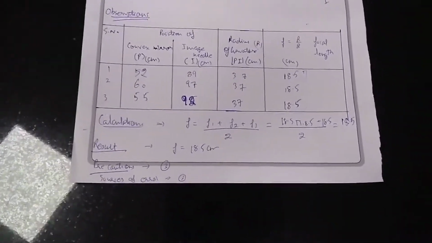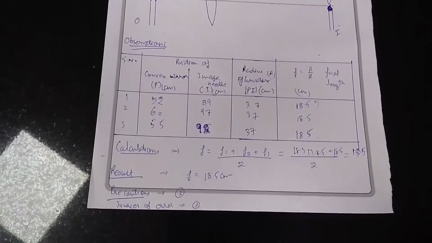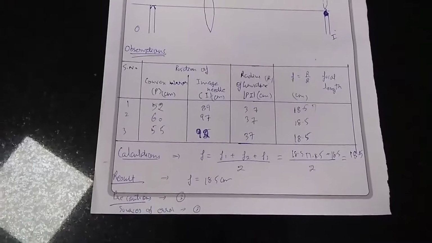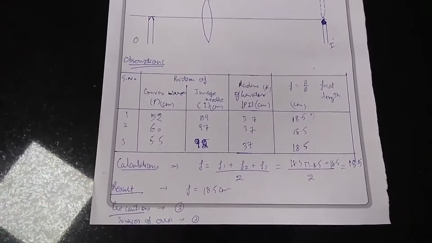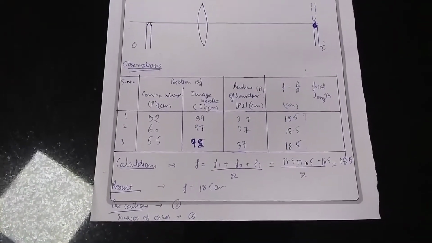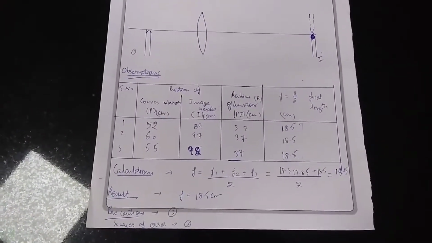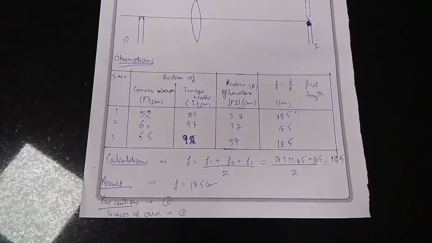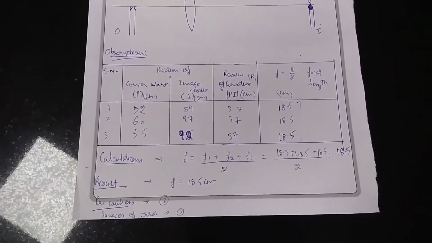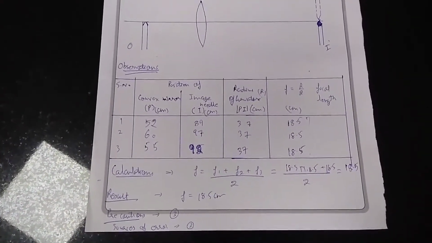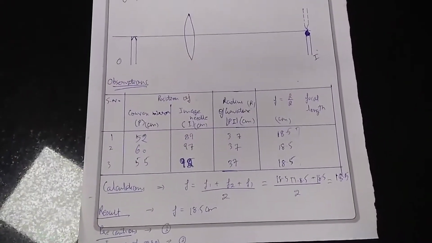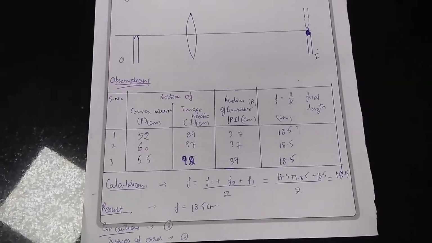Now the question comes whether a mirror of 18.5 focal length exists. But the mirrors which we get do not have exact focal length. They have variable focal length as per the different situations and experiments, so we may see some variation. The mirror which we were using was of focal length 15 centimeters, but we are getting 18.5, and this happens. It's okay. This is the value we are getting, and this is the exact value of the focal length we have. So the experiment ends here, and I hope that you have understood the experiment. Thank you.